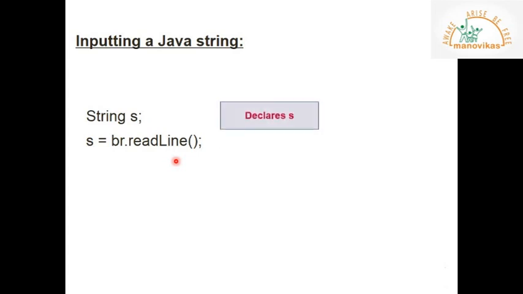Suppose you are not using BufferedReader, you can use next() or nextLine(). These two functions belong to the Scanner class. So this is another way of inputting. You can comfortably use these two functions for inputting. But there is a difference between nextLine and next.